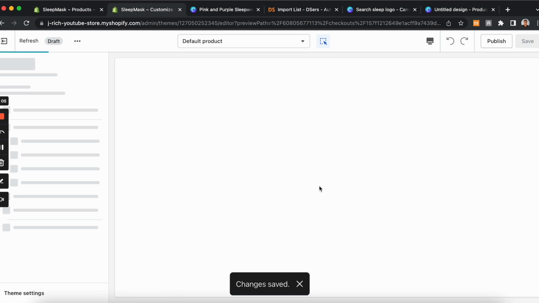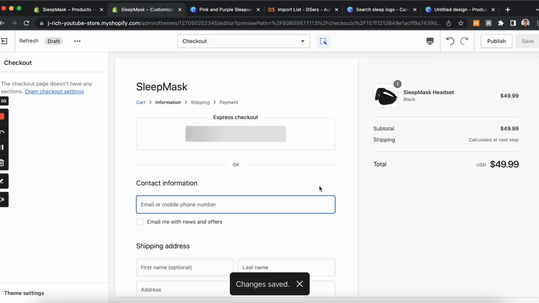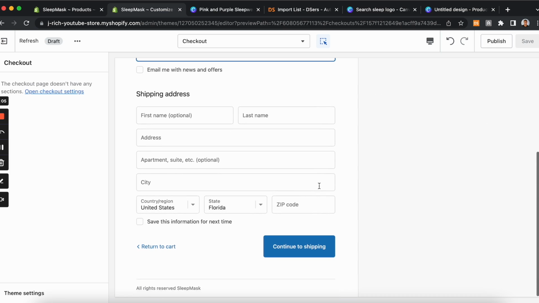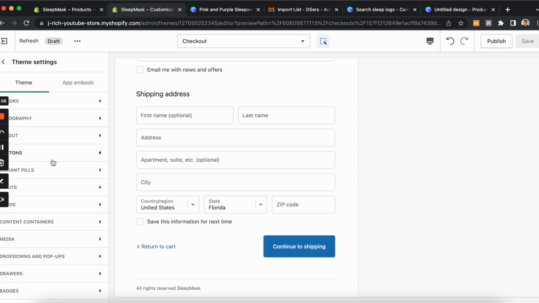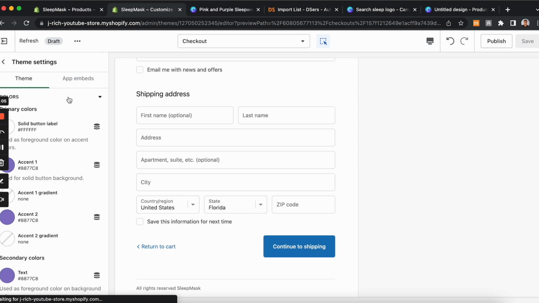So the checkout page would basically be already kind of edited for you, but I want to make sure everything is in line with the brand, like the colors and everything. So right here, the color scheme looks like it's blue. So I want to change that to our original colors, which is like purple. So if we go to colors,